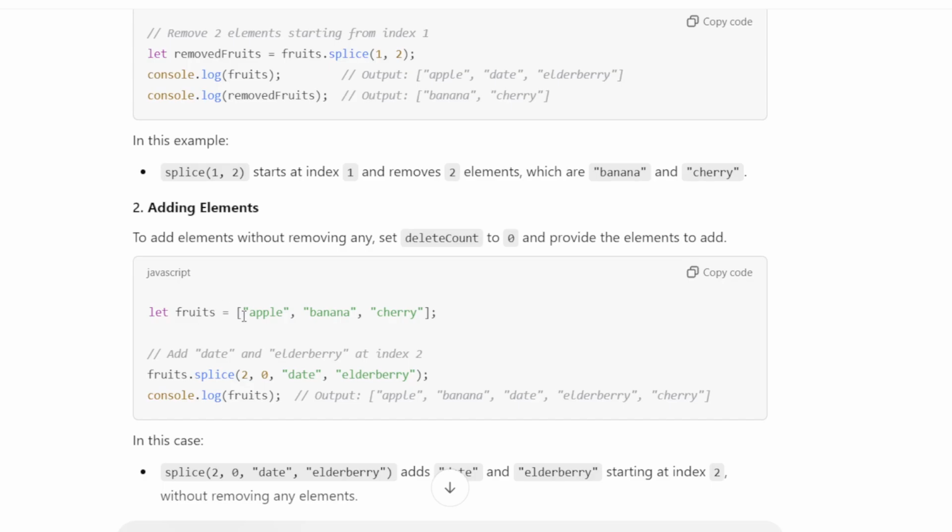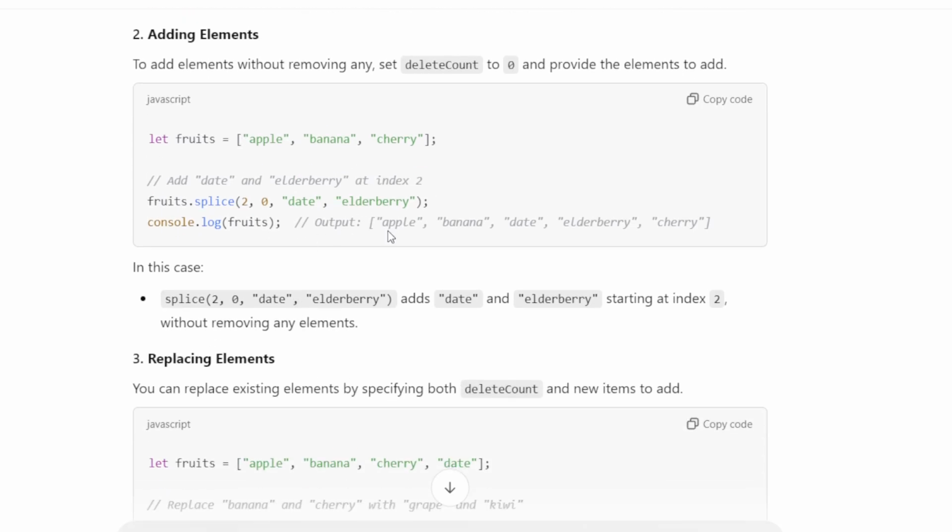Adding elements. To add elements without removing any, set delete count to 0 and provide the elements to add. Example: splice(2, 0, "date", "elderberry") adds date and elderberry starting at index 2 without removing any element. Here, this is what happened and the output says 0, 1,